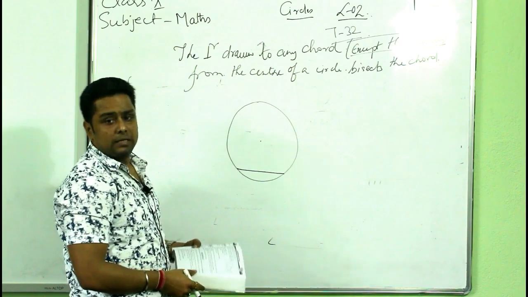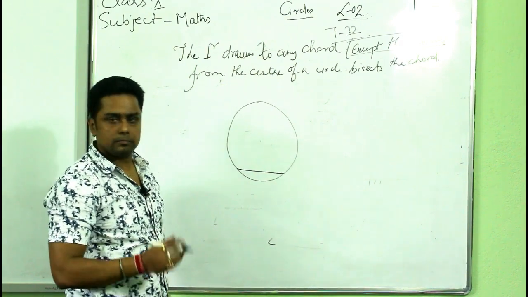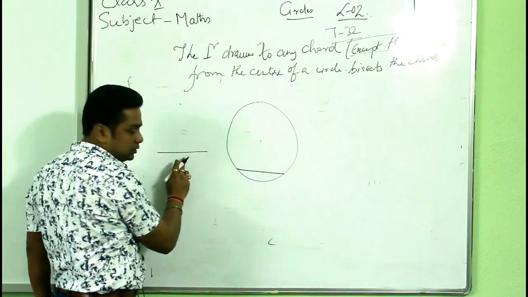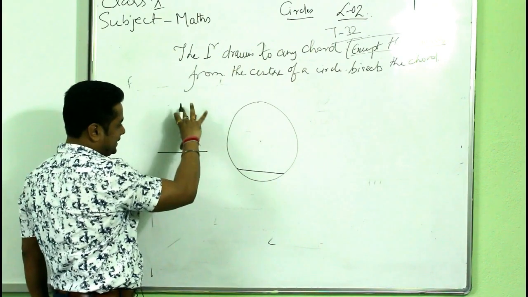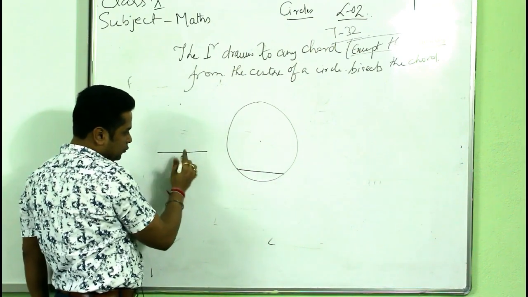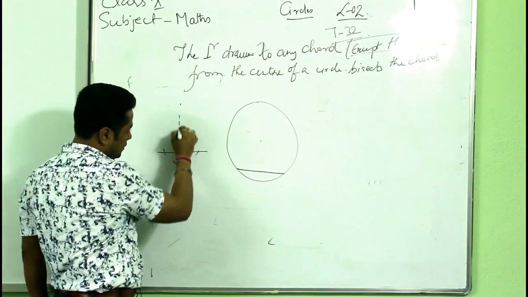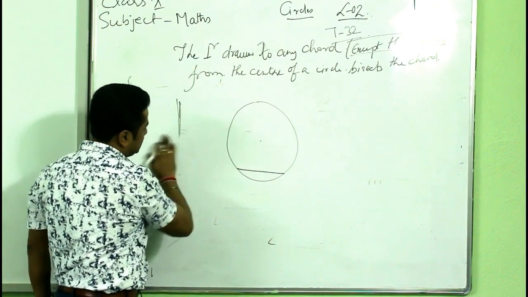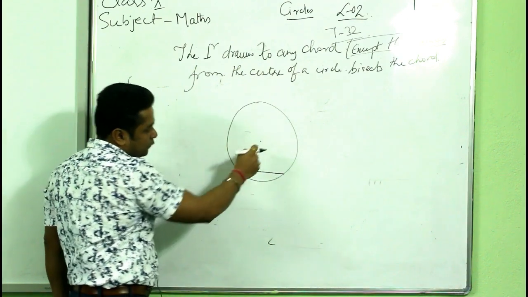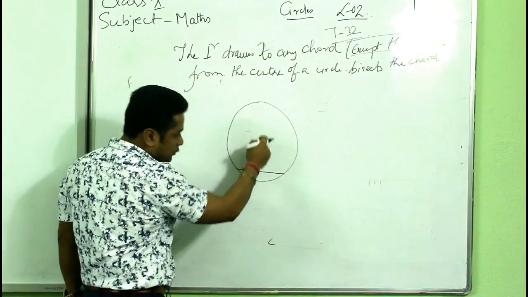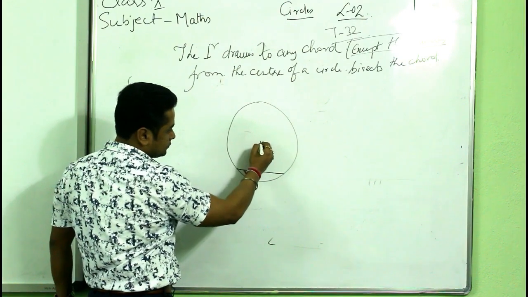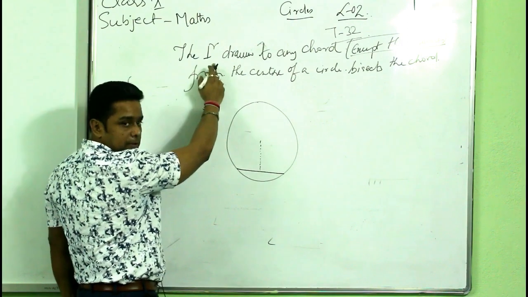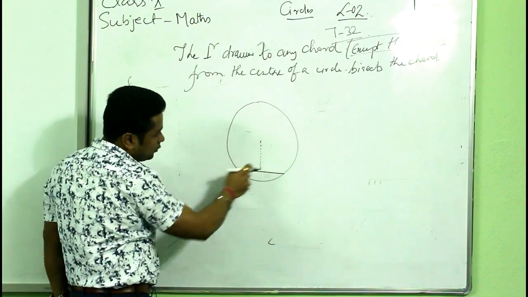Now, many students will ask me, sir, what does perpendicular mean? Beta, perpendicular means from a point, if I drop a perpendicular to this line, taking an arc like this, and a little bit more than this, cutting this arc here, this is called a perpendicular. Means 90 degrees. Drawing 90 degrees from this point to here. Dropping a perpendicular.